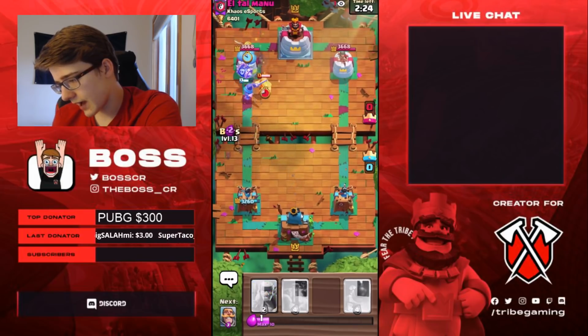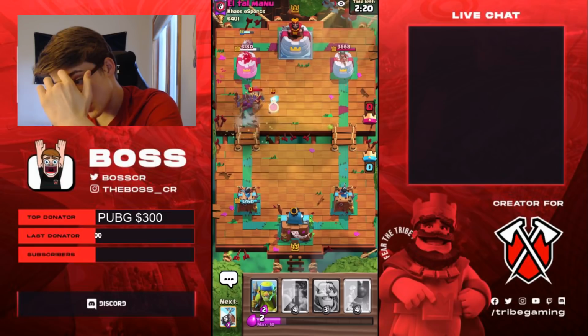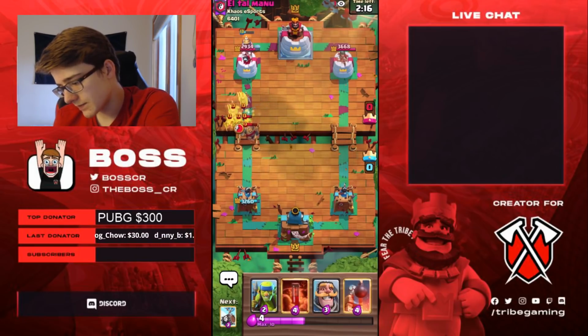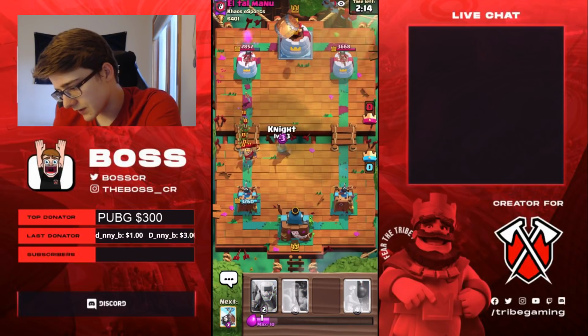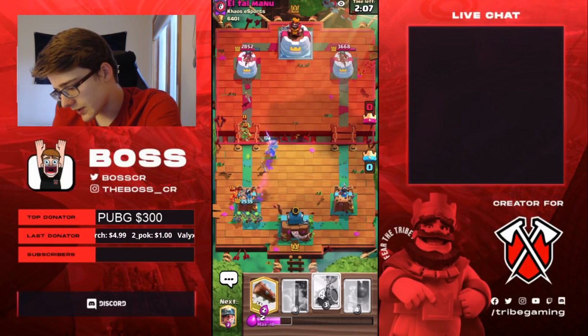So let's see how he counters this here. I think we're going to go bats here because he's going to log, but log doesn't hit the bats, obviously, so it's going to help take care of the knight a little bit, force an ice spirit out of him, and he's going to go for a really aggressive goblin gang. Oh, you know, that was a great play on his part. I thought that was a good play. He went for the